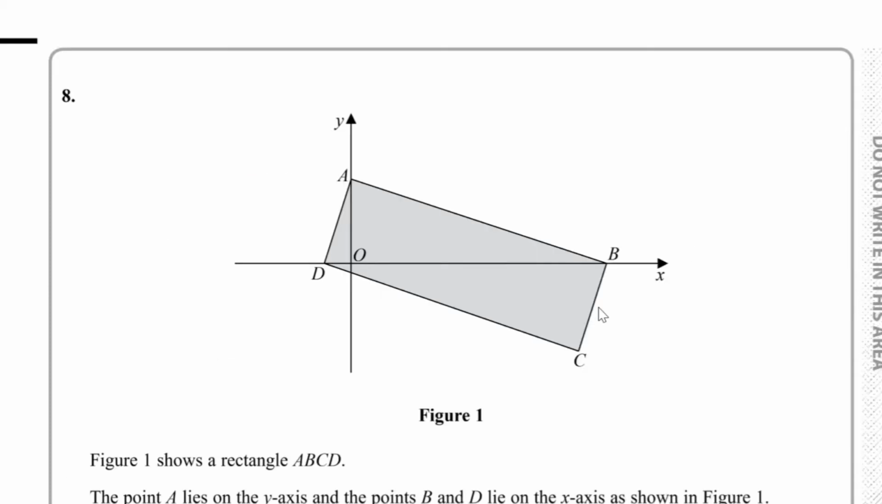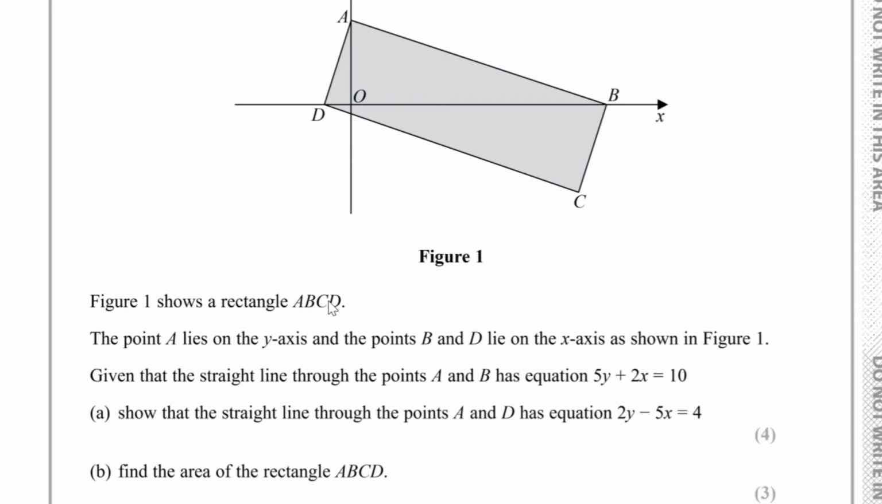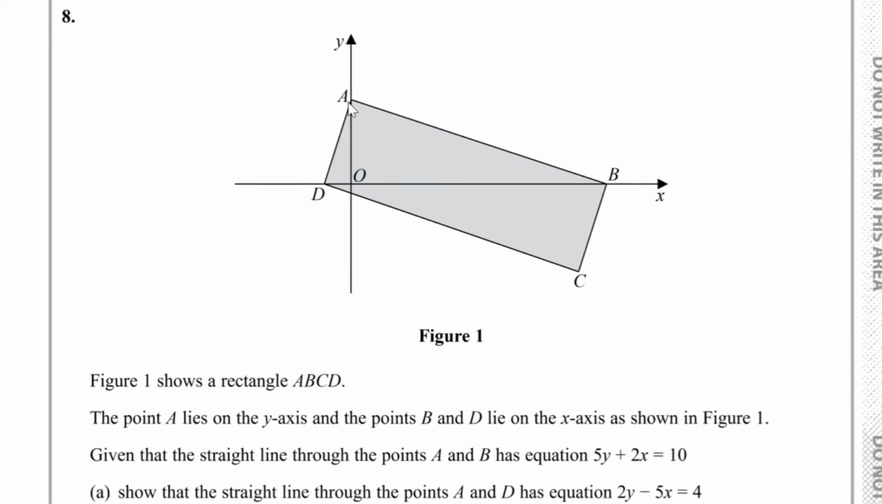Question number 8. We've got figure 1 which shows a rectangle ABCD, that's what we see here, and the point A lies on the y-axis and the points B and D lie on the x-axis as we see in figure 1. Given that the straight line through the points A and B has equation 5y plus 2x equals 10, for part A we have to show that the straight line through the points A and D has equation 2y minus 5x equals 4. Well, what we can do to begin with is find out the point A and find out